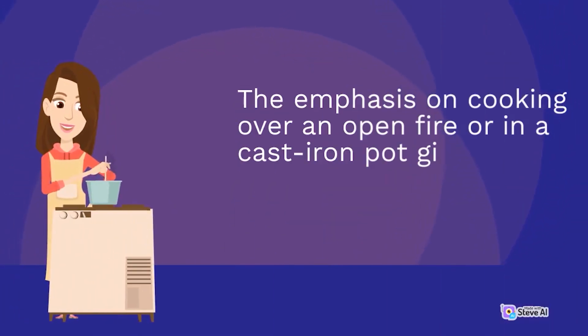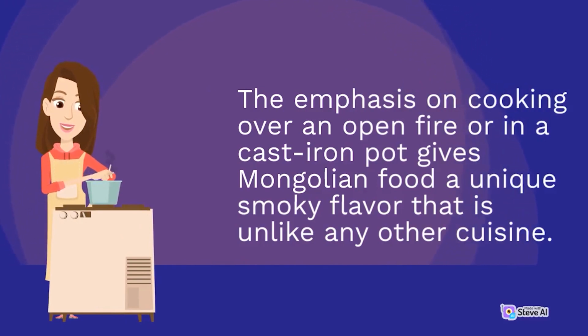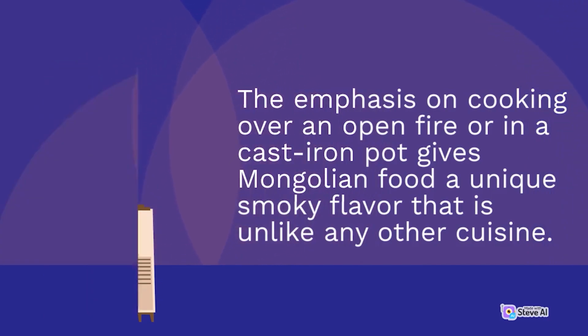The emphasis on cooking over an open fire or in a cast iron pot gives Mongolian food a unique smoky flavor that is unlike any other cuisine. In addition,